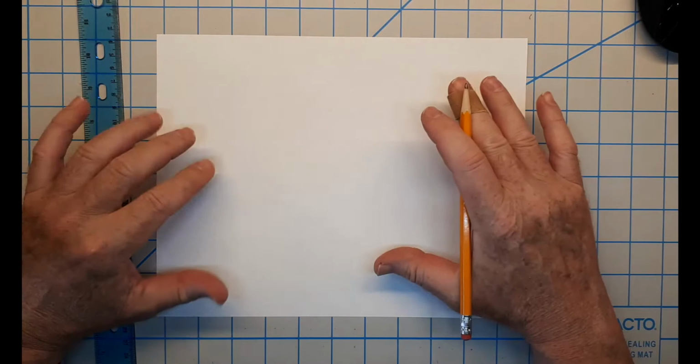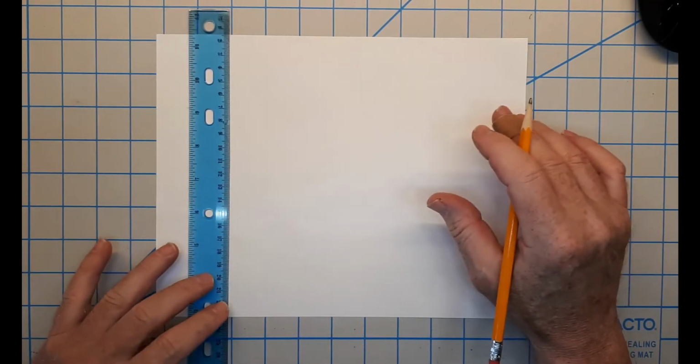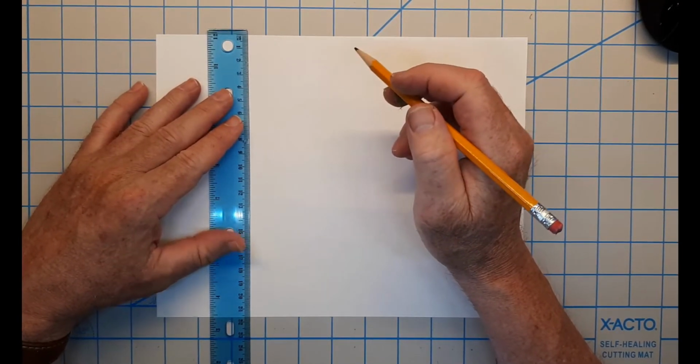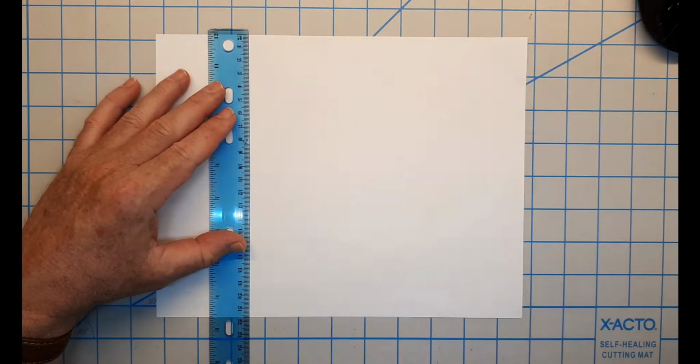Now today we are going to work on showing dimensions of a shape. First thing we need to do is draw a shape. So let's go back to, we'll draw a shape in the middle of our page, and we'll go back to